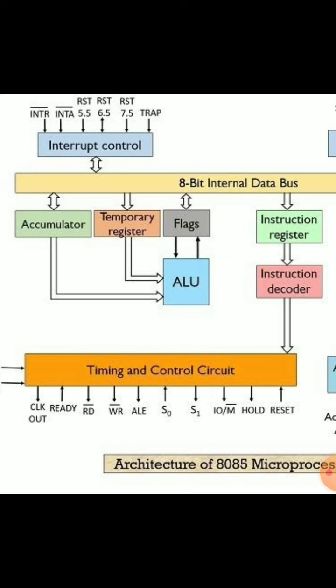Also, one of the data operands is always available in the accumulator, because it is one of the inputs to the ALU. Here in the ALU there are two inputs, one from the accumulator and one from the temporary register. I will explain the temporary register later. One more important functionality of the accumulator in the 8085 microprocessor is that only through the accumulator can we access data from memory. Either you can read data from memory or write data to memory only through the accumulator, not any other register.